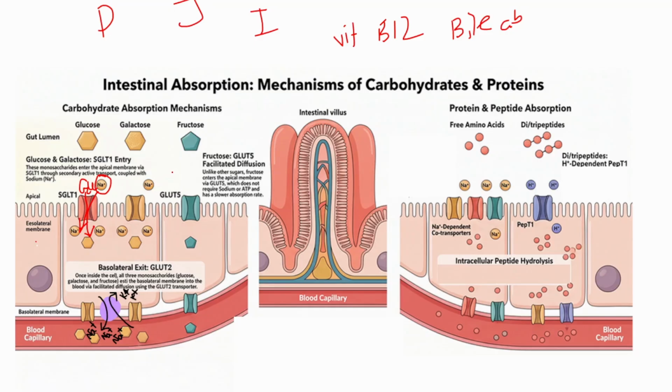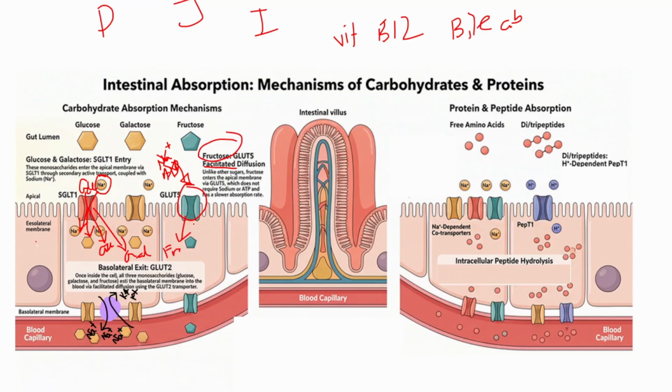However, the cell handles different carbohydrate classes through entirely separate pathways. And for that, we come to the fructose exception. We position the GLUT5 transporter right next to SGLT1 to handle fructose entry via facilitated diffusion. We position the GLUT5 transporter as a green color-coded transporter here. Unlike other sugars, this channel has a slower absorption rate and does not require sodium or ATP. Once all three monosaccharides pull inside the cytoplasm, the first being glucose, then galactose, and then fructose,